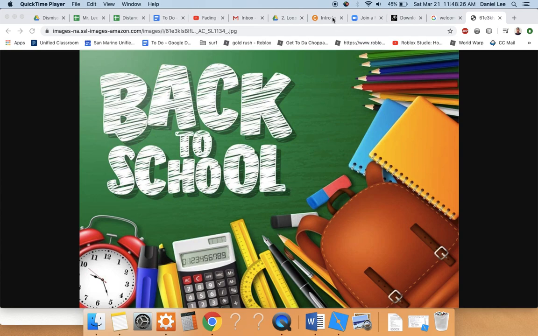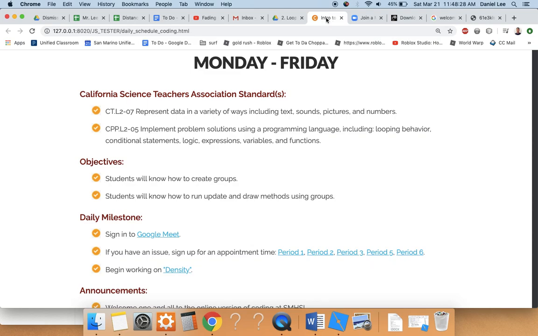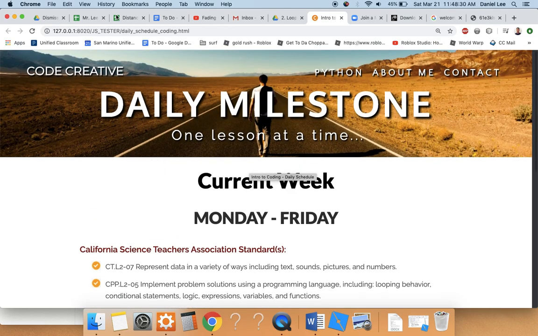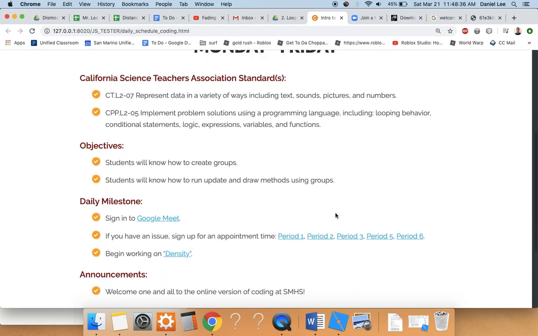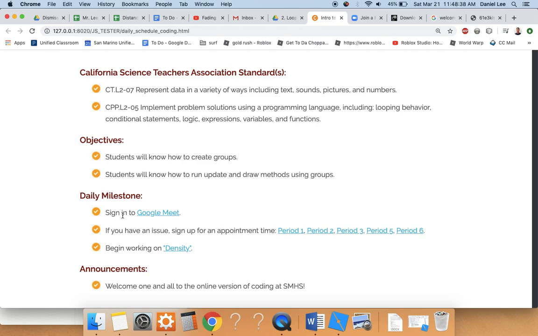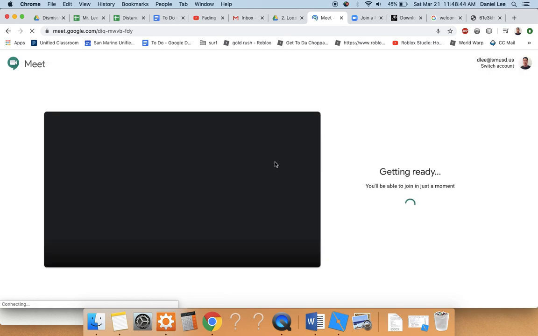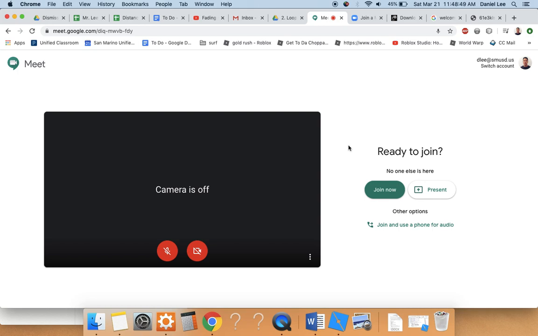So the way that we're going to do this is it's all going to be revolving around Code Creative, and you'll be going to the daily milestone. On the daily milestone, you'll see here that there is a Google Meet link, and you'll click that, and that's going to be the classroom that I set up. Okay, so I'm going to turn off my camera and my microphone. I'm going to hit join now,